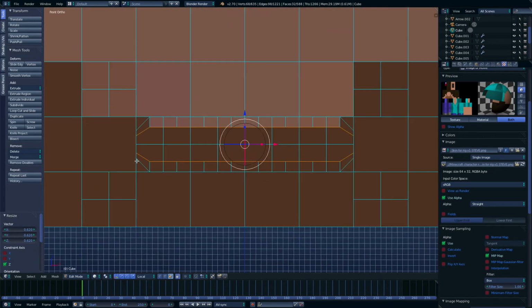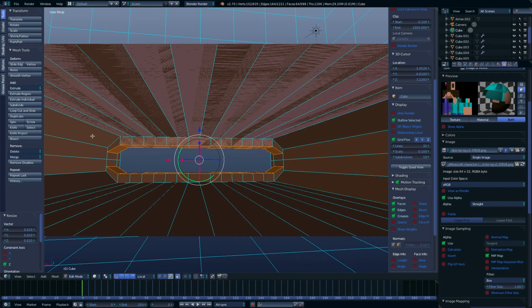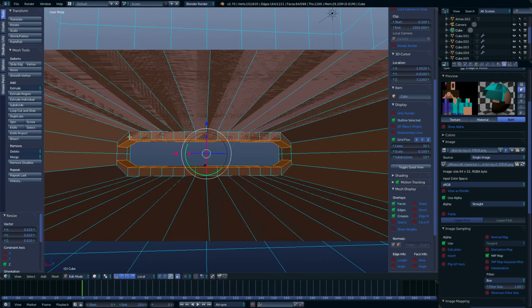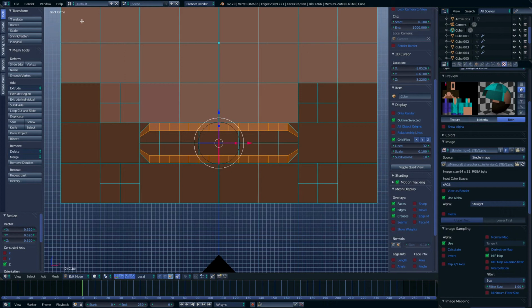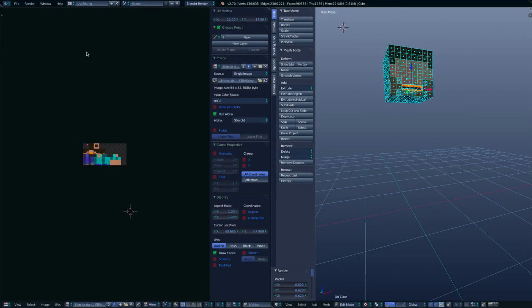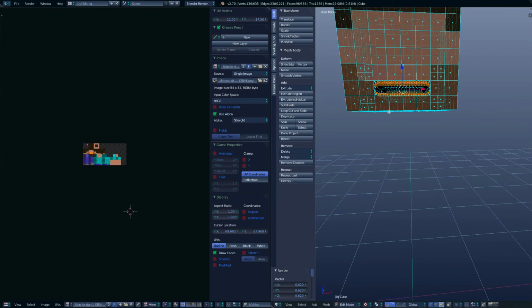So now let's select all the teeth. Front, back, and bottom sides of it. So just select all those quickly, and then we are going to texture the teeth. So go into front view, follow my mouse, go up here where it says default, change that to UV editing. And it will bring up this, and while you have the teeth selected,